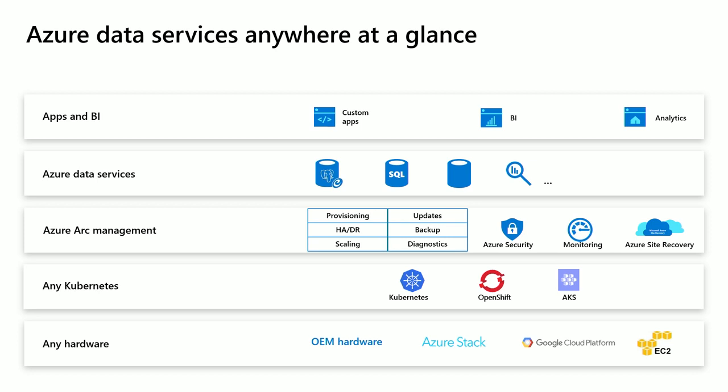And then on top of that infrastructure, you deploy a Kubernetes distribution of your choice, open source Kubernetes or OpenShift, for example, or you could use a managed Kubernetes service like AKS or EKS in AWS. On top of that, you then deploy the control plane pods for the environment, and these are how you operate the data services at scale in your own environment.